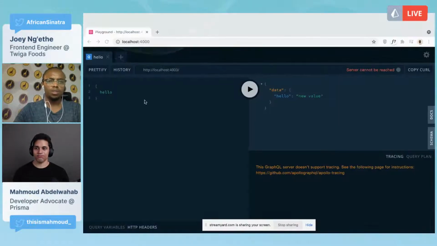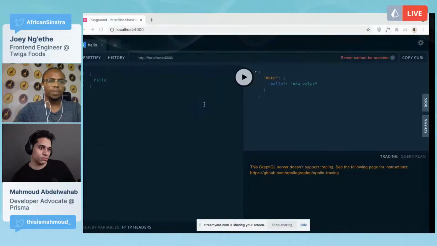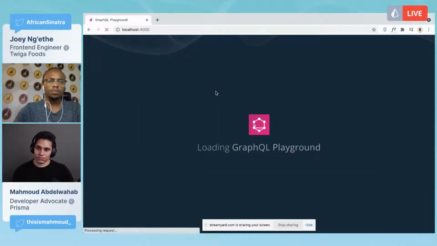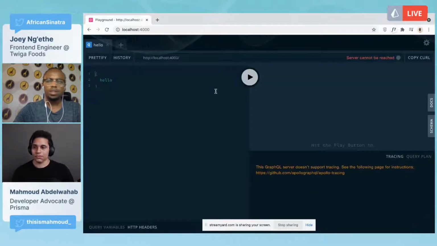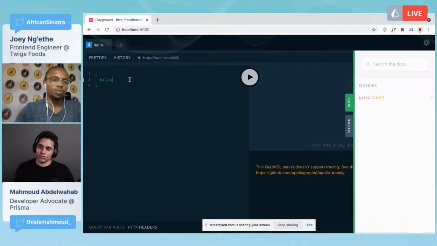So now the server starts. If I go here and then we go back to the docs, we can see our docs have updated. And now what we can do is write this query for our users.